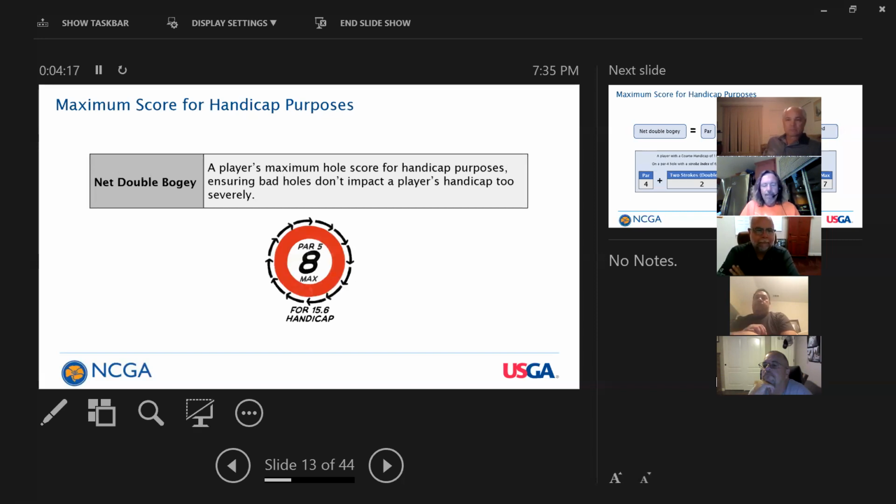So I think I mentioned in the email what we were going to talk about. We're going to talk about how to figure out the maximum score you can have for posting your scores for handicap purposes. Obviously, if you shoot 125 or 130, that's what you're going to shoot. But there could be times where the 120 may be 115, because based on how you performed on every hole,